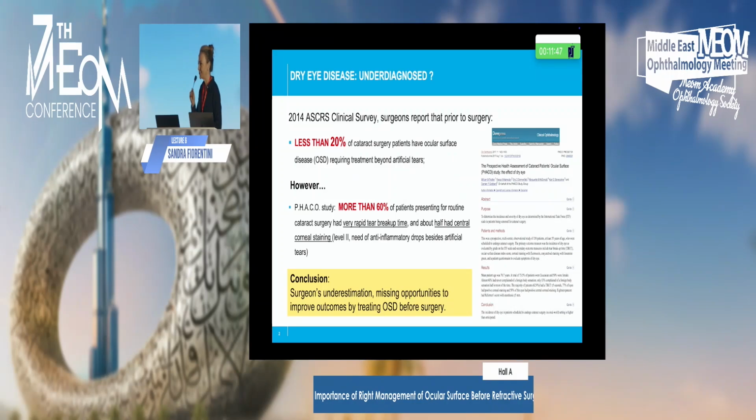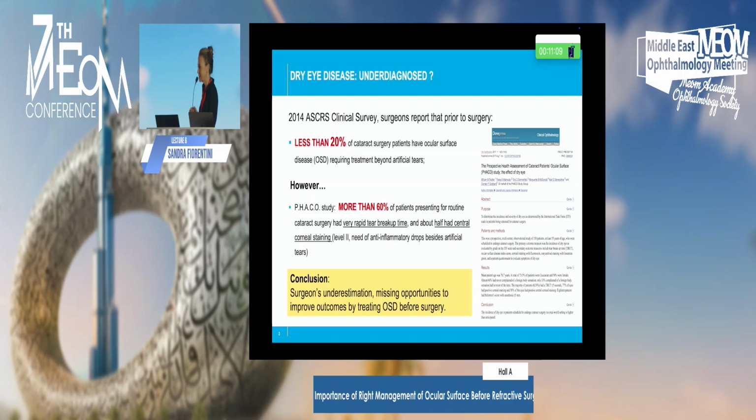So the first slide you already know, I'm going to repeat. In 2014, during the ASCRS, there was a clinical survey, and the surgeons were asked what was their impression regarding ocular surface disease and dry eyes in their pre-op patients. The result was that less than 20% of cataract surgery patients, based on their impression, had some ocular surface disease. However, later on, a serious study was conducted, and the result was that